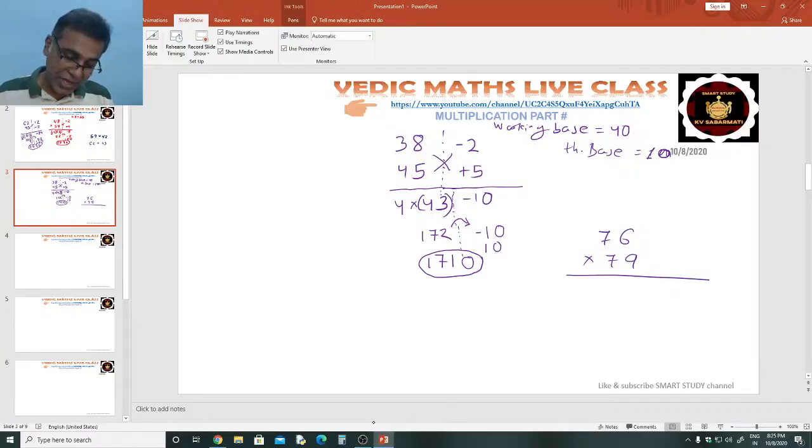Whenever you are doing any type of multiplication, here you can see that the unit digits in both numbers are 6 and 9. So 6 9s are 54. You can see 6 and 9. 6 9s are 54, so the unit digit will be 4. It should not be 8. Bhavesh Mishra, very good, beta. I hope this is clear to you.